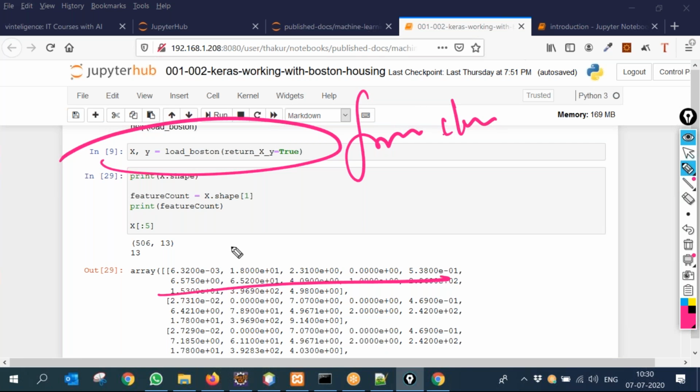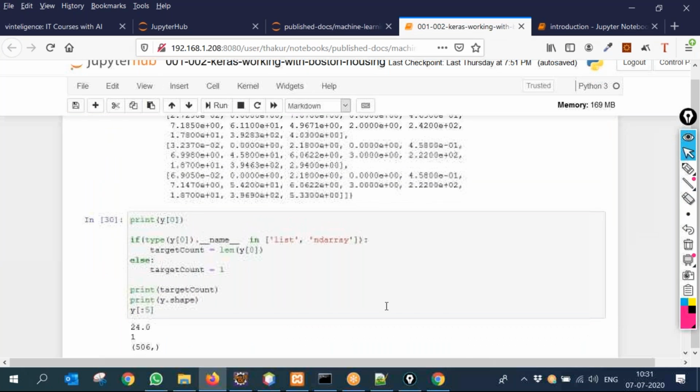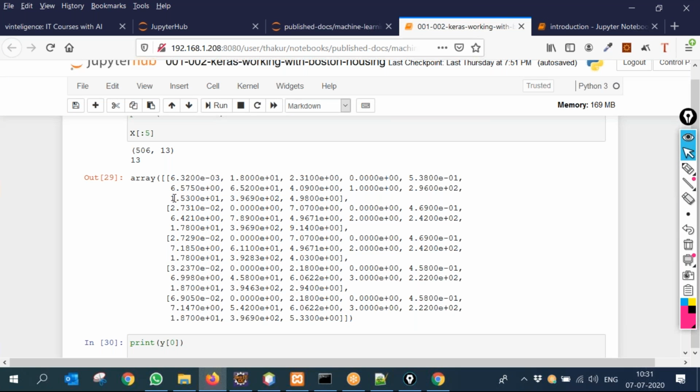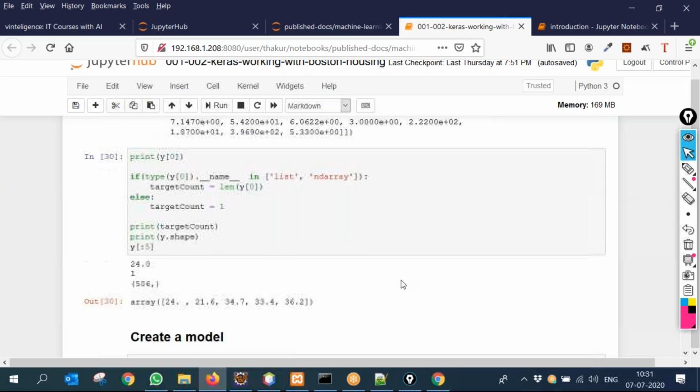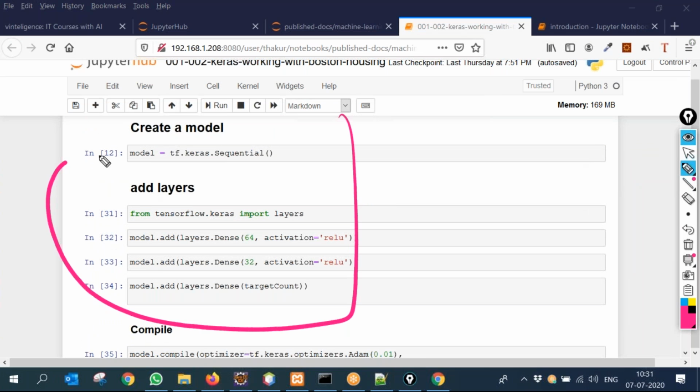And Boston data is like this. How many bedrooms, what area, what is the tax, how many people live there, what is the age, and so on and so forth. So different parameters are there. And this is what you will be doing. This is your model.